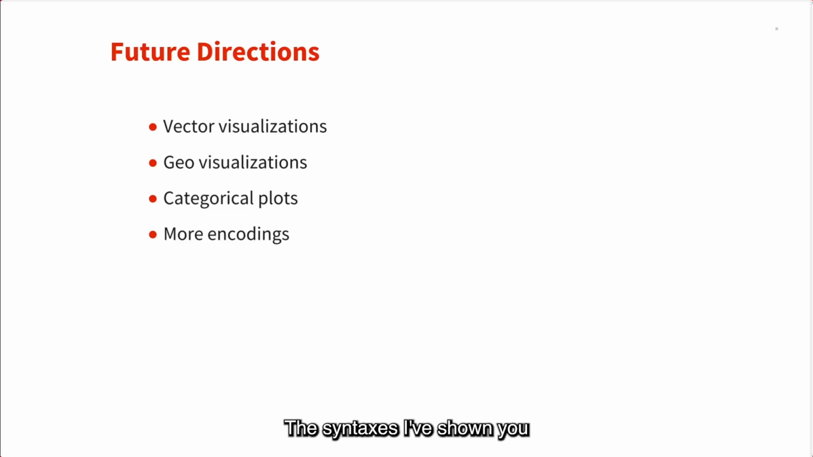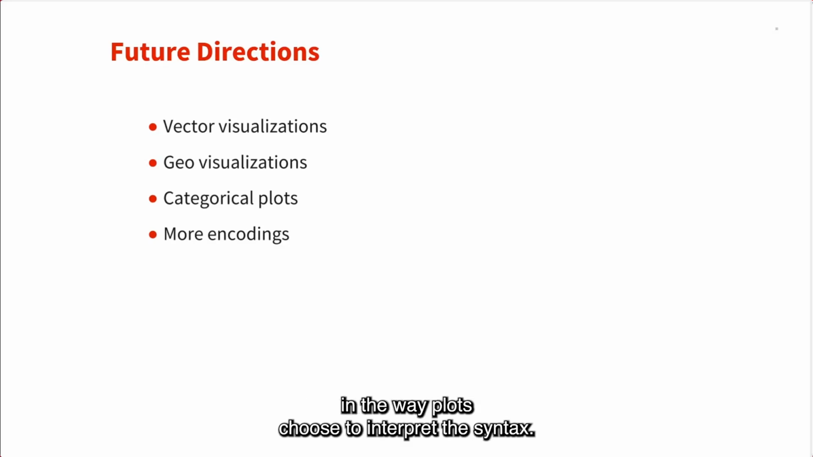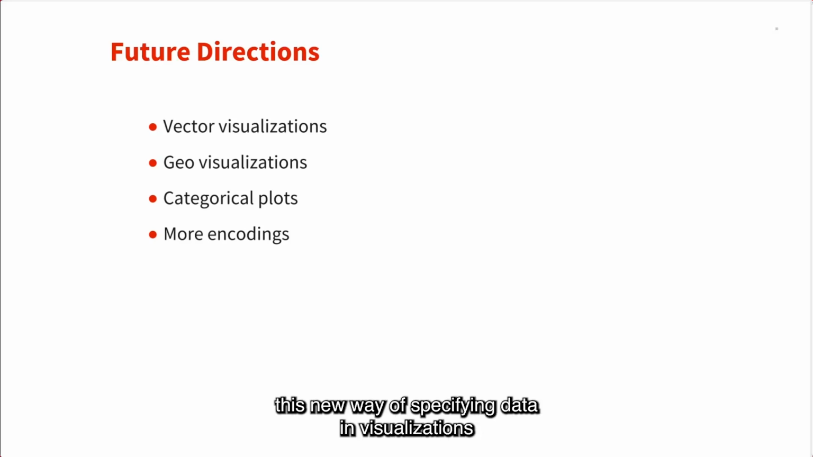The syntaxes I've shown you can be understood at different levels. At the most basic level, they provide a convenient way to extract values from tabular to be used in visualizations. That convenience also extends to the subtle differences in the way plots choose to interpret the syntax. But at its core, this new way of specifying data in visualizations gives us a handle to our data source inside plotting functions. What that allows us to do going forward is to interpret the data in the context